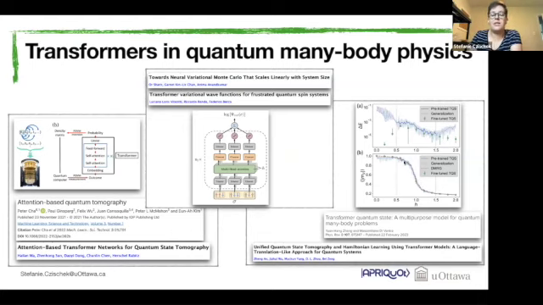And then they used it to generate data outside of the regime where the transformer model was trained on. And it still works really well and shows really remarkable results.